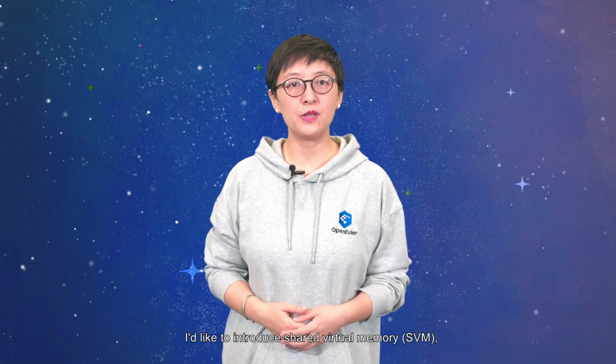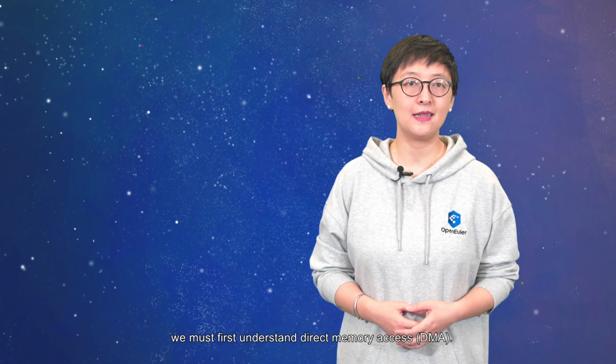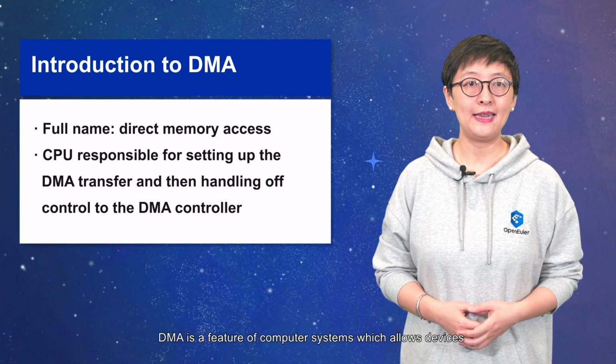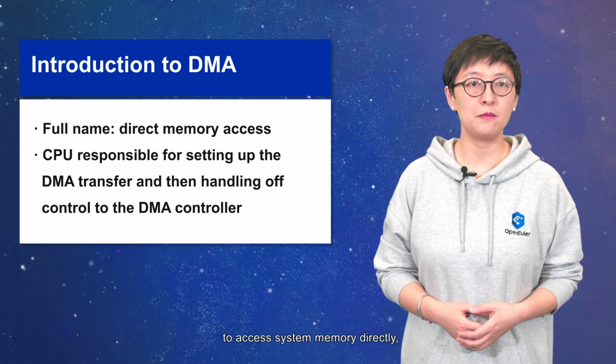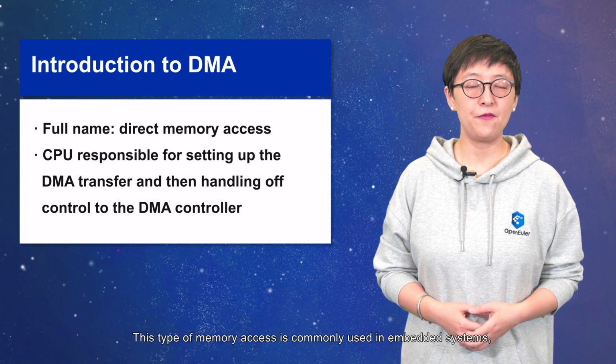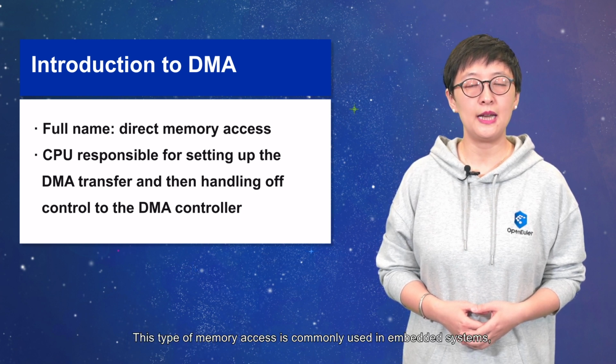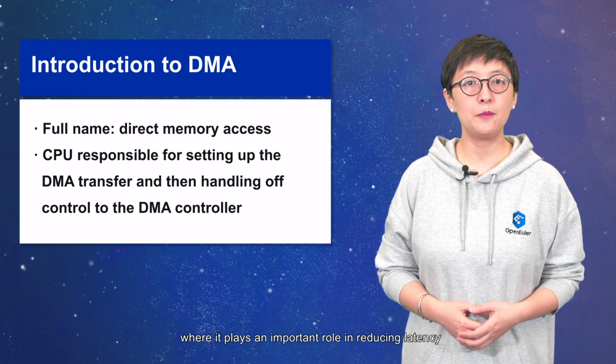I'm Irene, and in today's course, I'd like to introduce shared virtual memory, SVM, which is the same thing as shared virtual addressing. Before we jump into SVM, we must first understand direct memory access, DMA. DMA is a feature of computer systems which allows devices to access system memory directly without going through the CPU. This type of memory access is commonly used in embedded systems, where it plays an important role in reducing latency